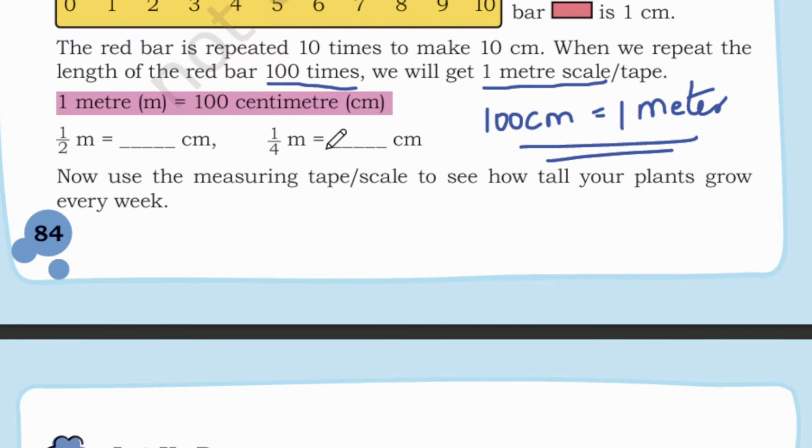Half meter equal to dash centimeter. So half meter equal to dash centimeter. So 100 centimeter equal to 1 meter, so half meter is 50 centimeter. And 1 by 4 meter is 25 centimeter. I told you, right, we have 4 of 1 by 4 meter. So if you add 25 four times, you will get 100 centimeter, which is also 1 meter. If you add 2 times 50, you will get 100 centimeter, which is also 1 meter. Okay,